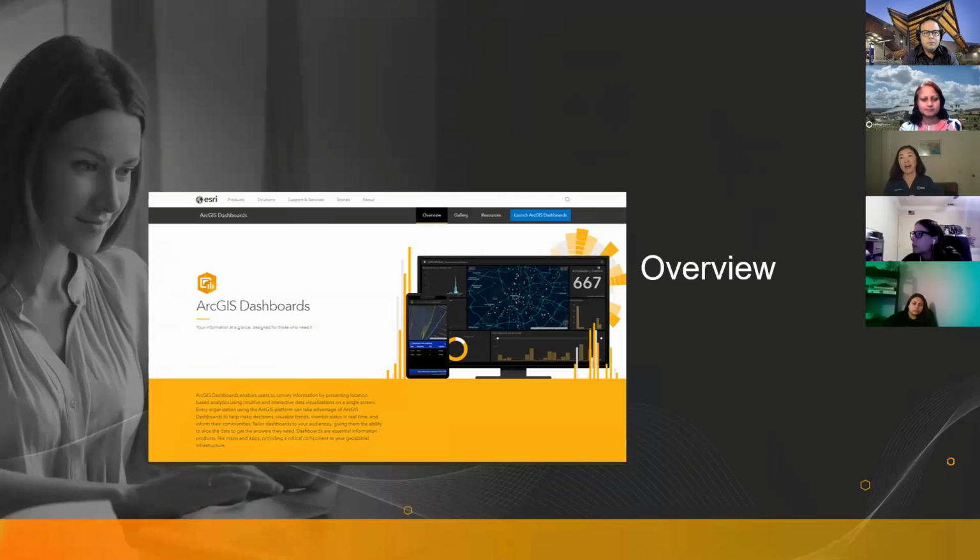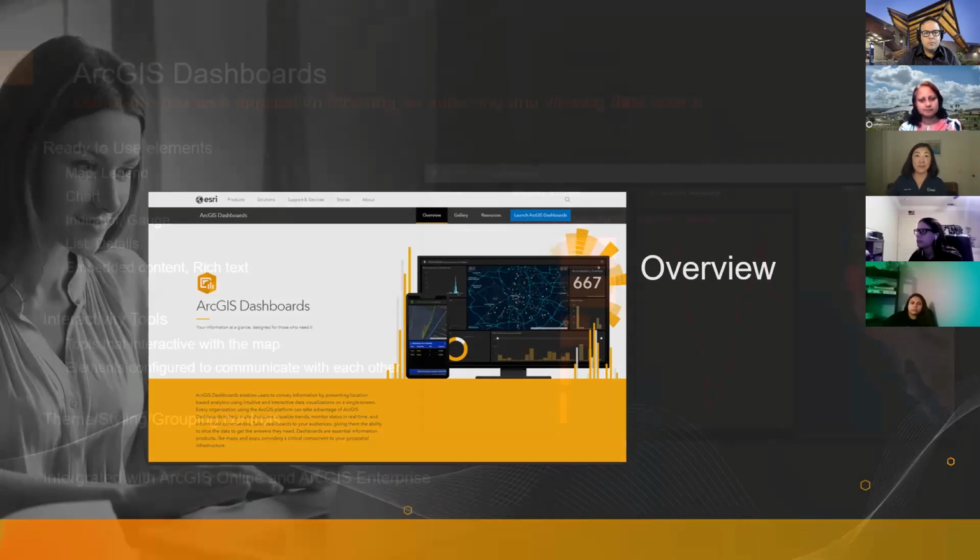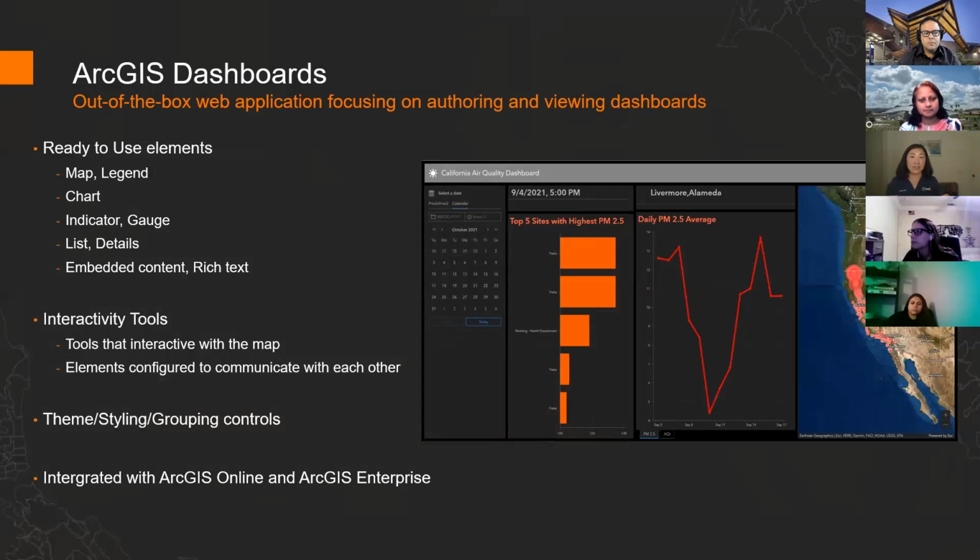So now a brief overview of ArcGIS Dashboards, the product. ArcGIS Dashboards obviously is from Esri. It's an out-of-the-box web application that is designed to focus on authoring and viewing dashboards using maps and locational data. It comes with ready-to-use elements, map for sure, and charts, different types of charts,